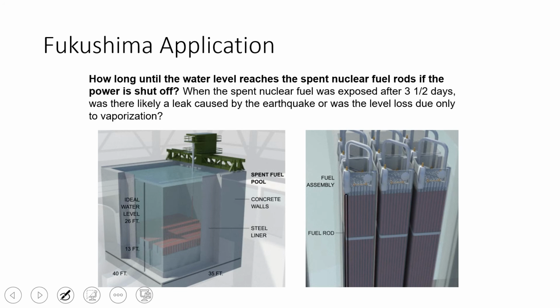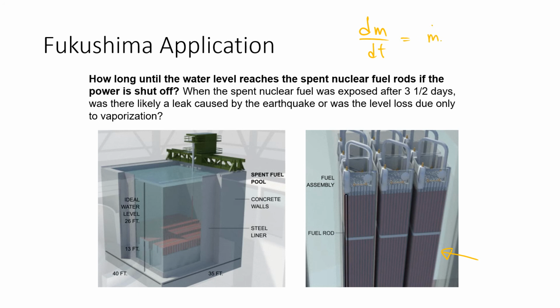So was there likely a leak caused by the earthquake, or was the level loss due only to vaporization? So we know how much heat is being output from these fuel rods, and so we can compute the amount that should be boiling off after a number of days, and you can compute with these same transfer functions. So we do another mass balance here,